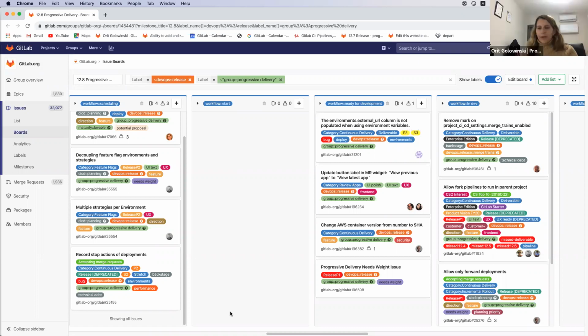Okay. Another thing that I want to say about the items in the scheduling board is that only one of them has weights, and they should have already gotten weights since we're technically already in the milestone. So if you could look into it and see that we're not over allocating stuff here.